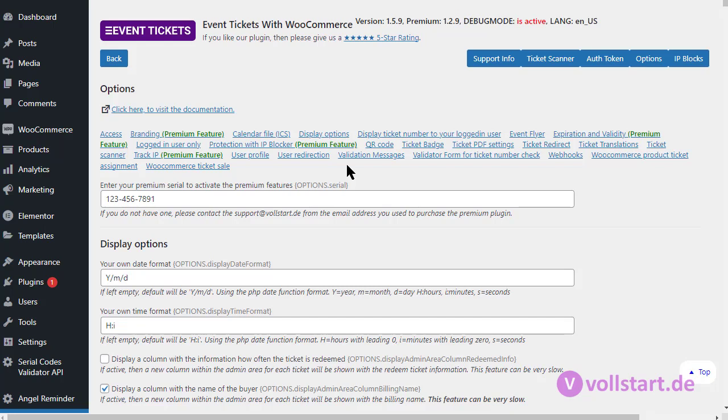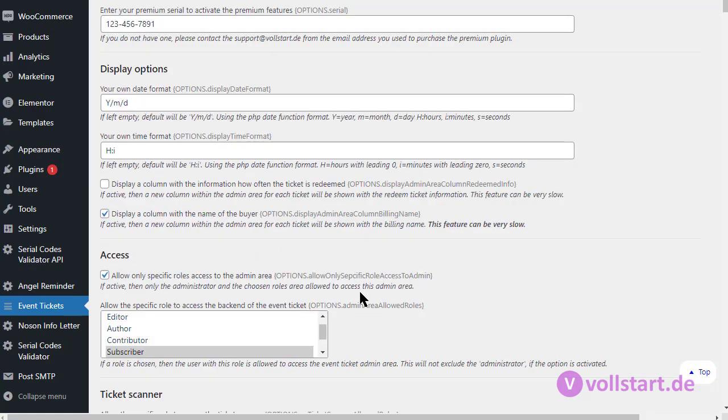But some of these features maybe are not really usable for you and you want to deactivate them or you want to activate other options. The options are also explained in detail on our documentation page. I would like to show you this here. This is the link. You can always go to the documentation and we are working on it so that each option will be also documented in detail, and there will be a new link here one day if everything is done. So let's jump in for Event Organizer.